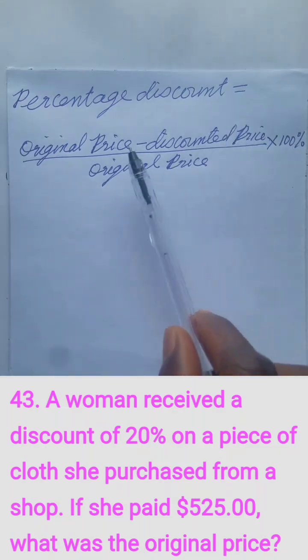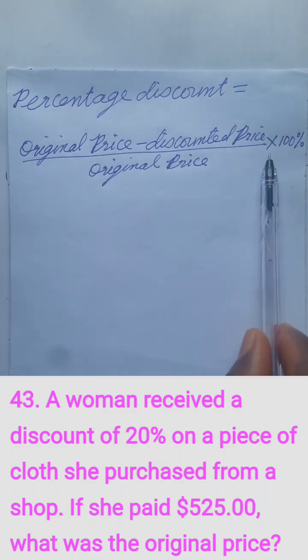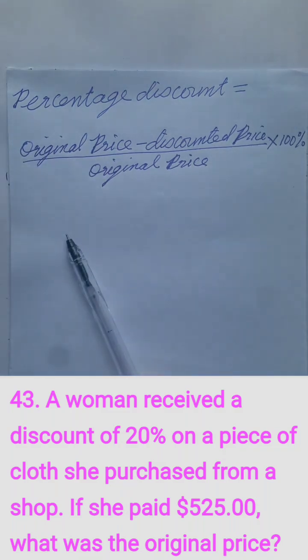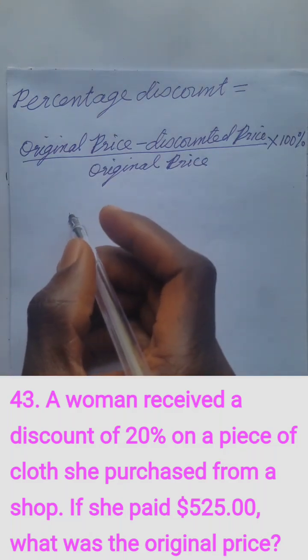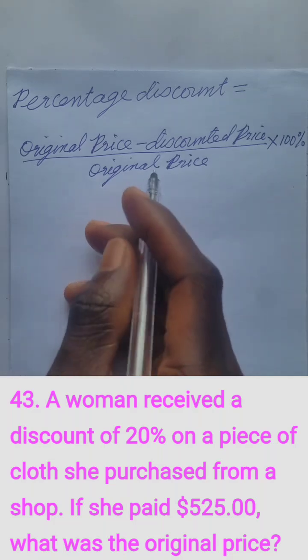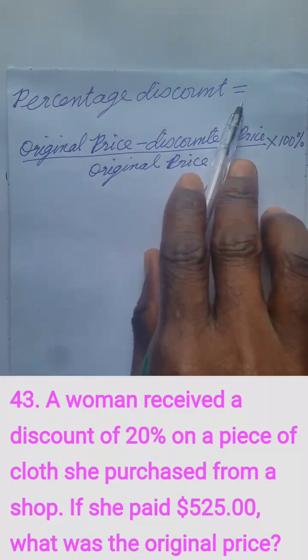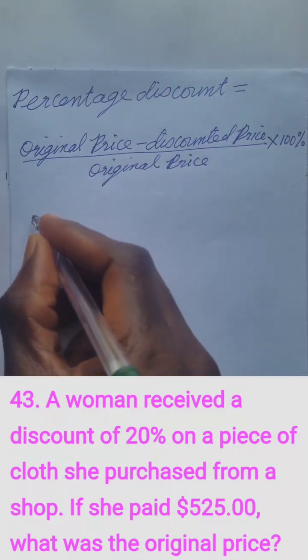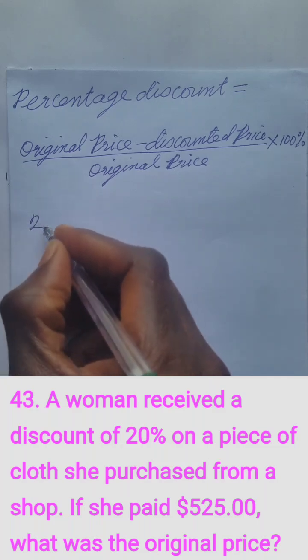So let's sort everything from the question into this formula and then solve. Let's begin. What is the original price? That is what we are asked, so let's call that X. But let's begin from the beginning. Percentage discount, what is that? 20%. In fact, that value that carries the percentage is your percentage discount. So we have 20%